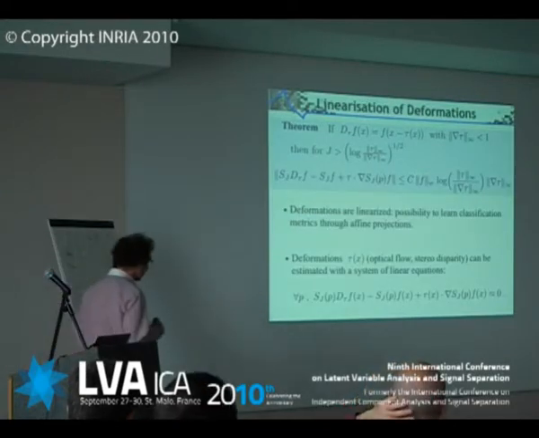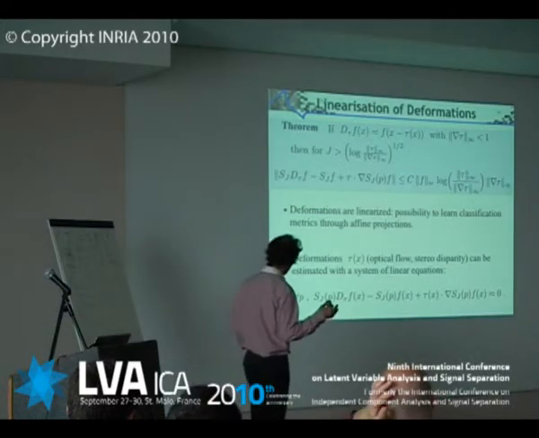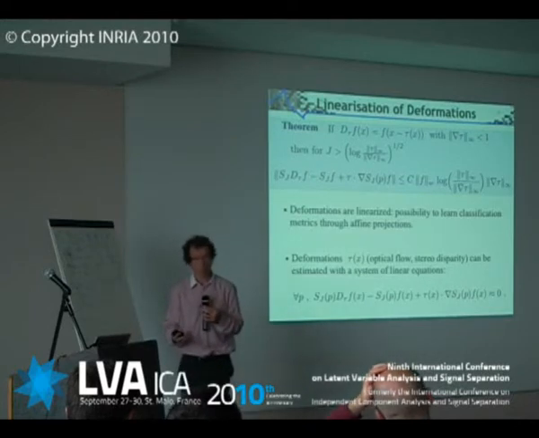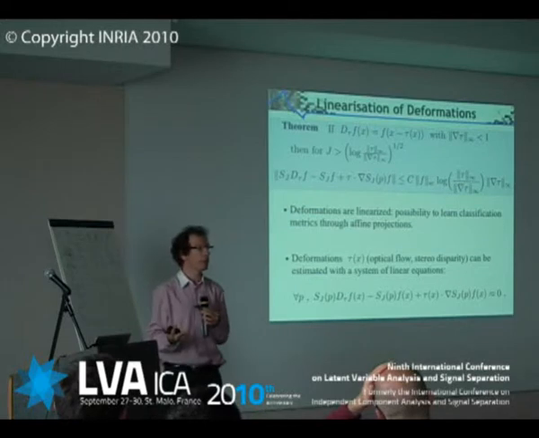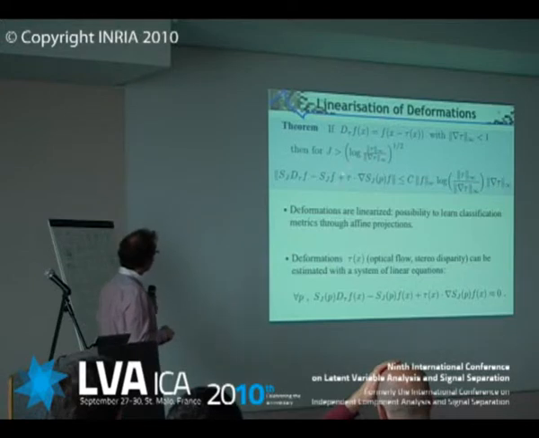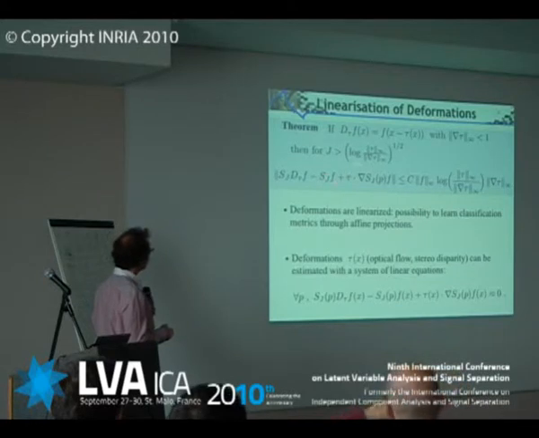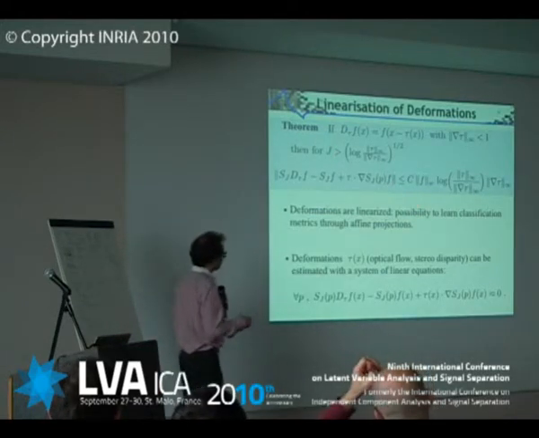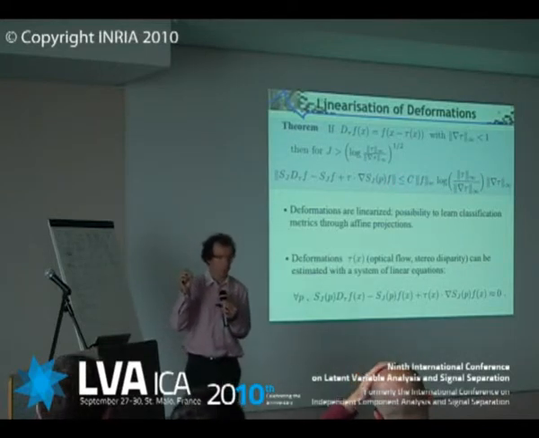Okay, something which is going to be very important both for classification and also to identify the deformation. What you are basically doing here is linearizing the deformation. If I look not at the error with respect to the signal transformed, but I go to the first order, I do a kind of Taylor series, so I take tau plus grad of the deformation. You get an error which is even smaller, which shows by the fact that the error term is appearing at a scale which is much finer.